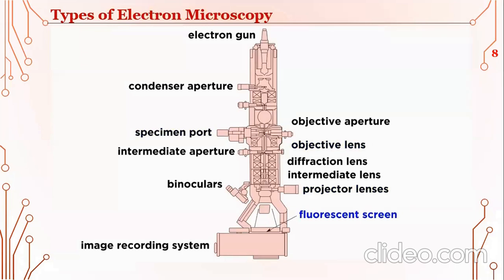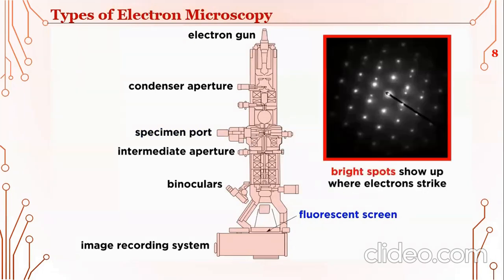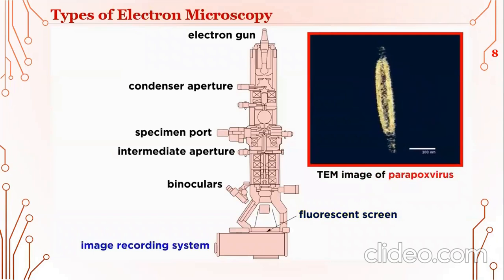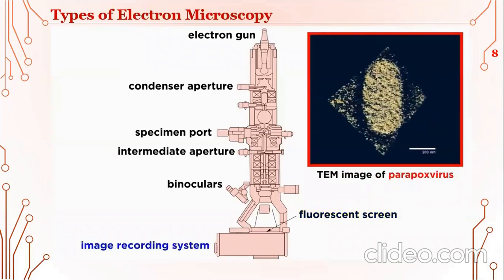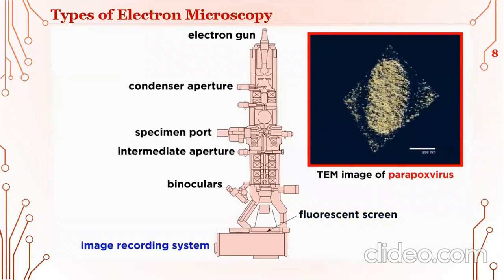This is where we start translating the electrons into an image. The fluorescent screen is coated with a chemical which appears as bright spots when electrons come into contact with it. The intensity of the bright spot depends on how much energy the electrons have when they hit the fluorescent screen. The camera under the fluorescent screen then captures the image made from the bright spots, which is displayed on a